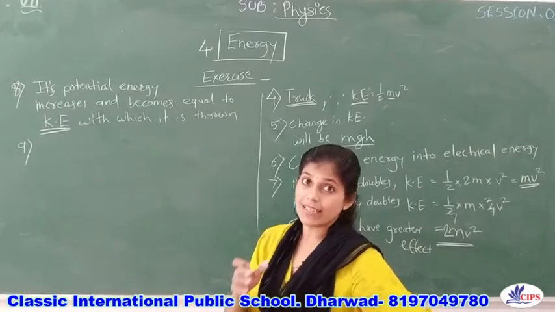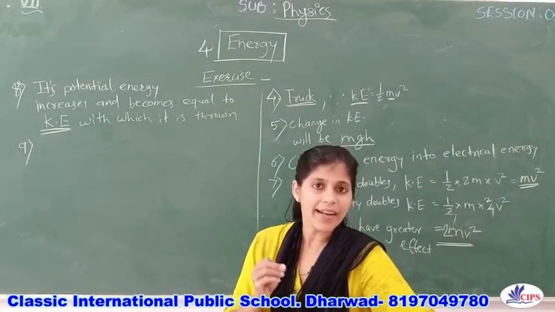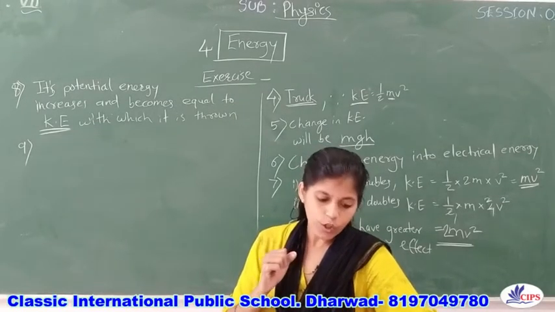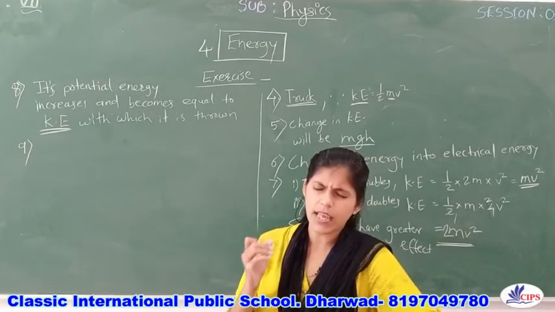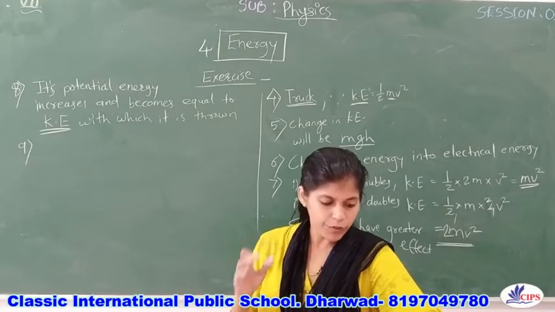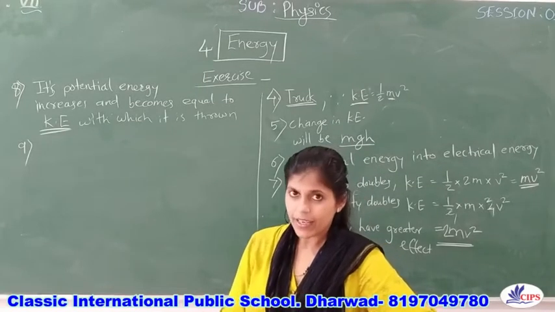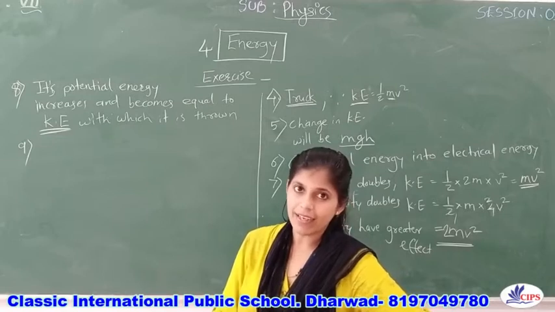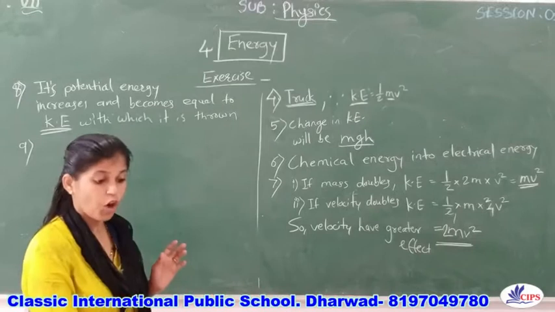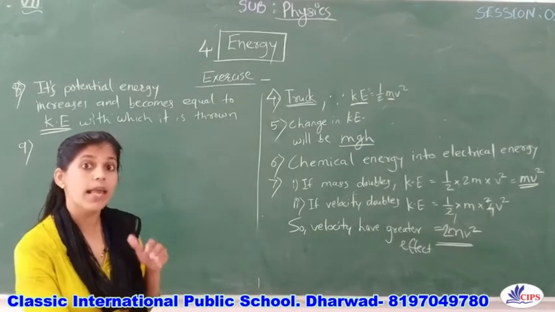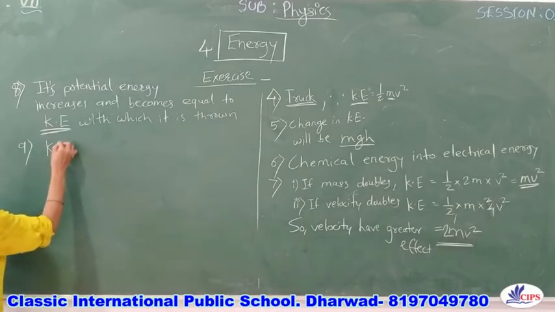So the question is the ninth one: a horse of mass 210 kg and a dog of mass 25 kg are running at the same speed. Which of the two possesses more kinetic energy and why? You are able to give the answer, right? Both the animals, horse and dog, have the same speed. But still, what is the difference? The difference is in the